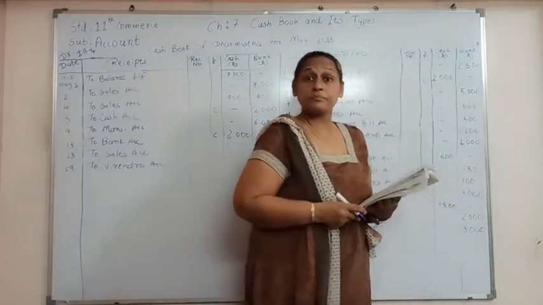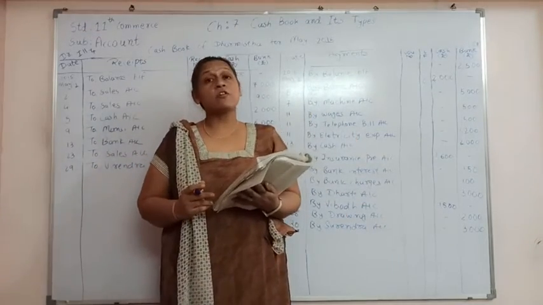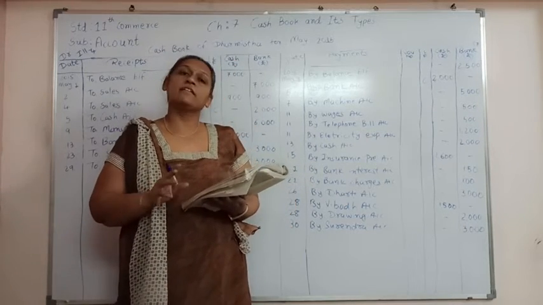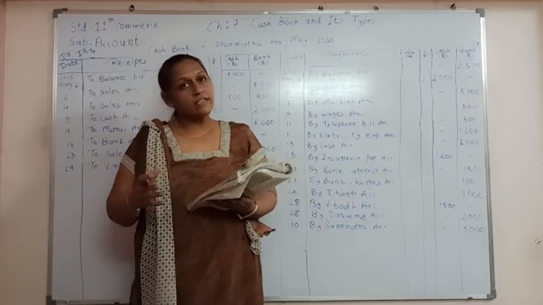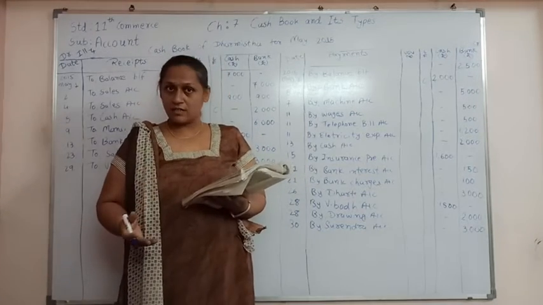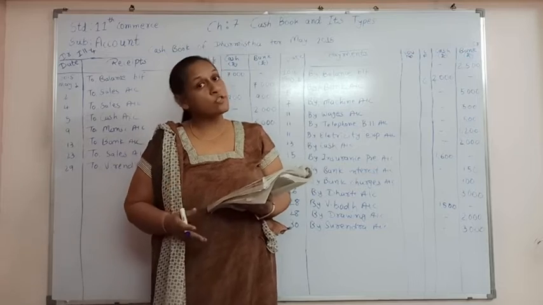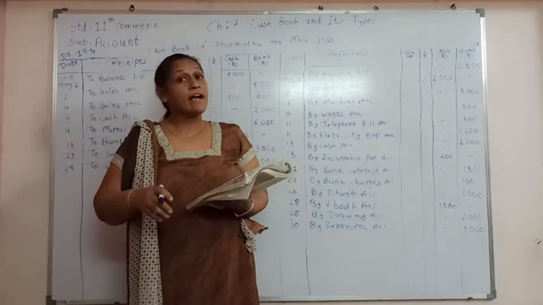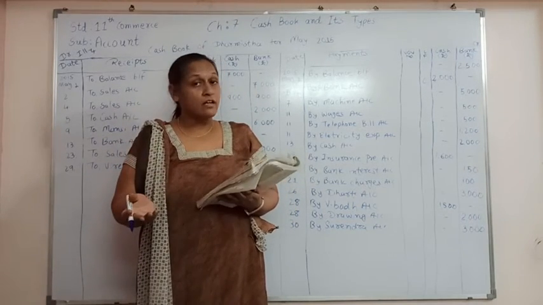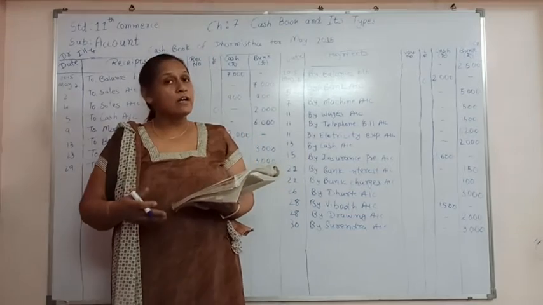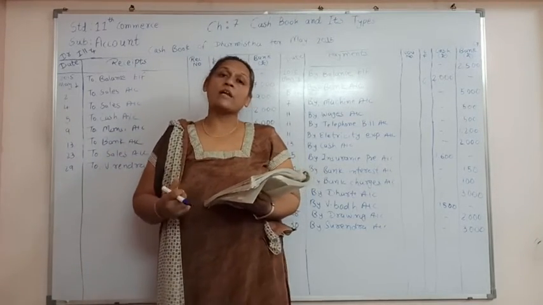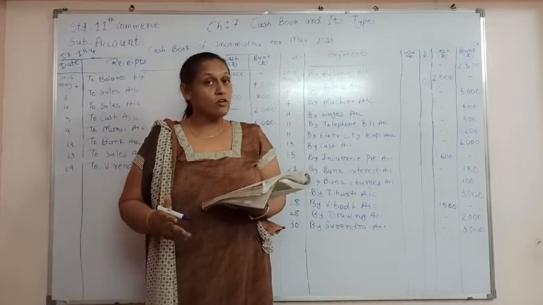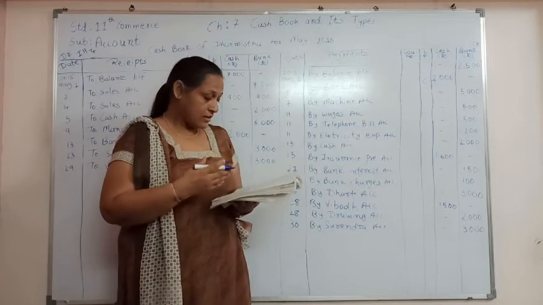So here we have seen two types of endorsement. If the endorsement is on the same day, we should not write it in the cash book. We have to write it in the journal proper. We have to pass the journal entry for the endorsement if the endorsement is on the same day. But if the check we have received is endorsed later, on the next day or next week, for that we have to write in the cash book on both sides. So this is how we have to treat the endorsement of a check. So here our sum is finished.